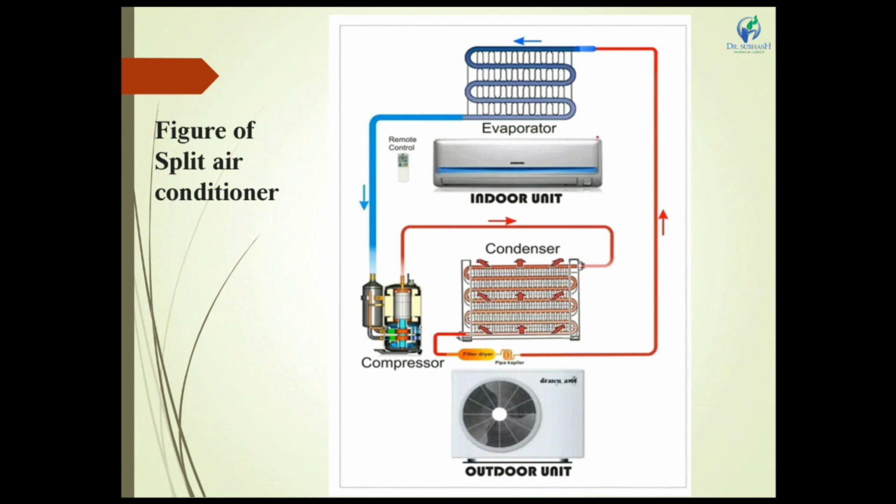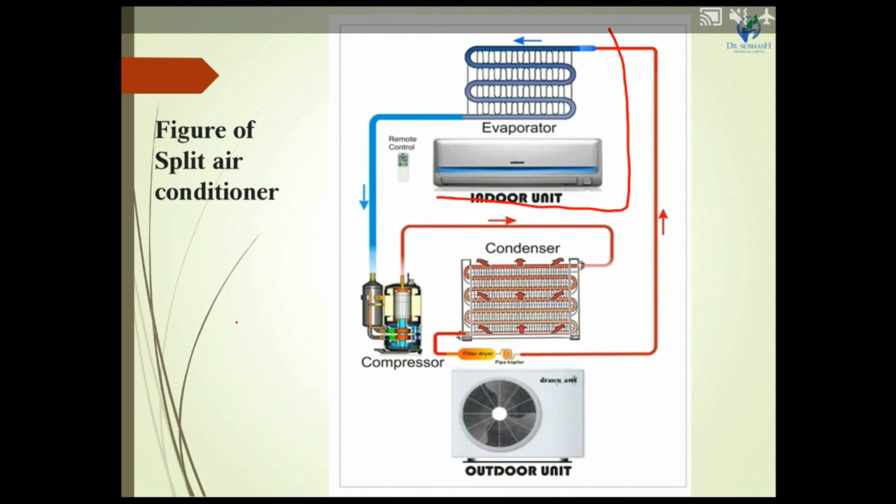This shows the indoor unit of the split system. You mount it in your home inside the room, and this is the outdoor unit, the condenser or compressor, where it is mounted. This is the outside of the room. We mount it in our lobby, porch, ceiling or roof. We have to protect the outdoor unit.